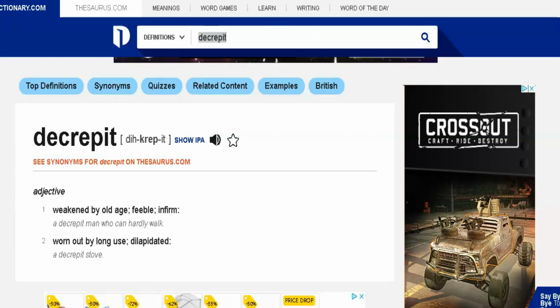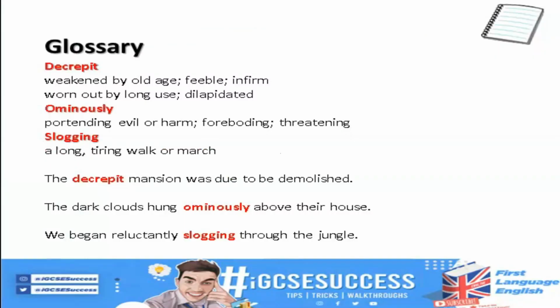So you want to repeat this process for any words that you come across which are perhaps unfamiliar to you, and you want to start building up a glossary. So I would copy and paste the definition and the example sentences, or write them down, and then it's time for the next step, which of course is the most important, and that is being able to use the word within your own sentence. So as you can see, I've created a little glossary for my 3 new words, decrepit, ominously, and slogging. I've defined them, and underneath the definitions, I've also created my own 3 sentences, and they are: